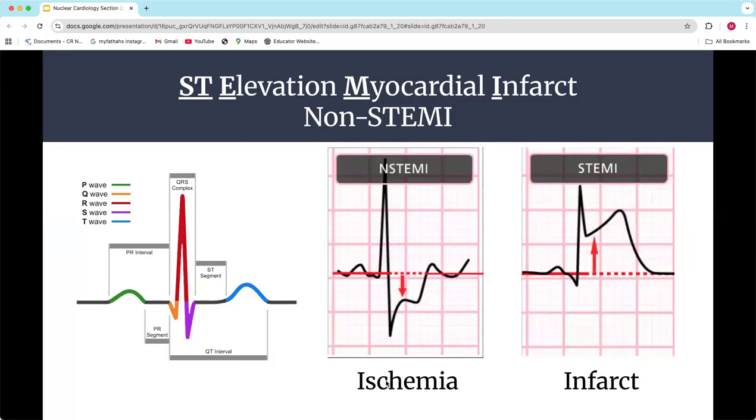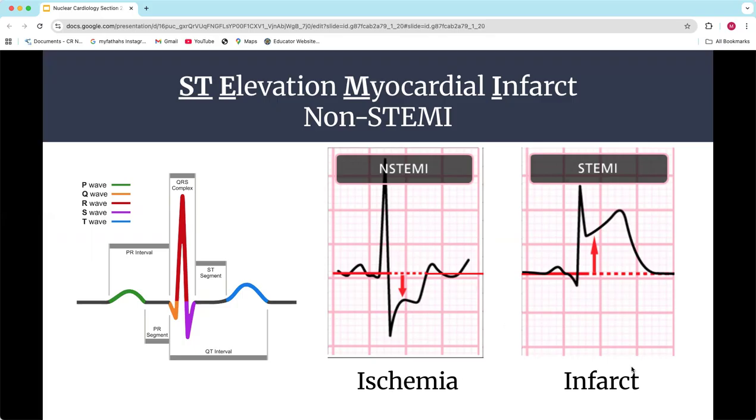I want to talk about, I mentioned a minute ago, ST elevation when we look at an EKG. We went over this when we did the EKG, but this is where I want to bring it back now that we're talking about it. When we're talking about ischemia, some sort of reduced blood flow, the ST segment on an EKG is going to be reduced. You're going to have depression, right? They call it ST depression. And that's what you're seeing here. So ischemia on an EKG, you're going to have that ST depression.